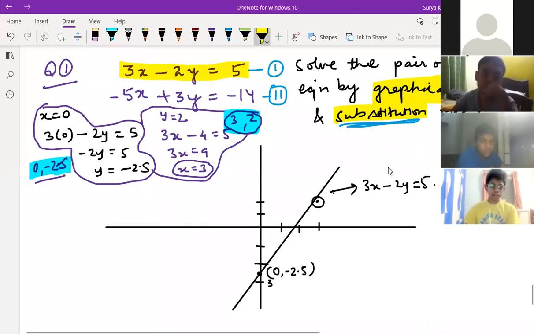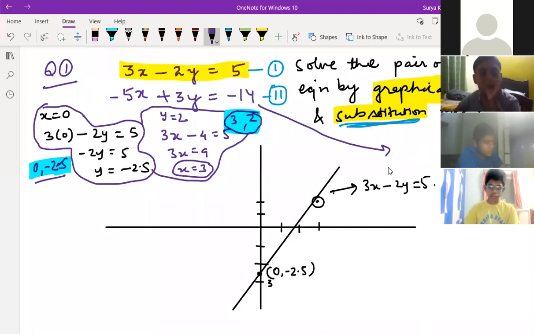Okay. Now the second point, which is very, very easy. What to do? The same way you can do. For the second one, what can we take here, children? If x is equal to 0, you'll get 14 by 3. This is also an awkward answer you're getting, right? So what should you put? Nihar, tell me. What should you put for x so that you'll get a proper y?